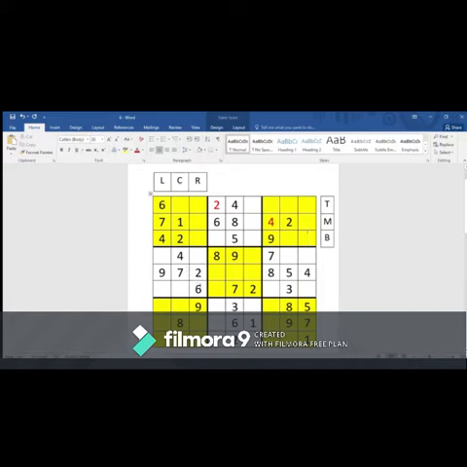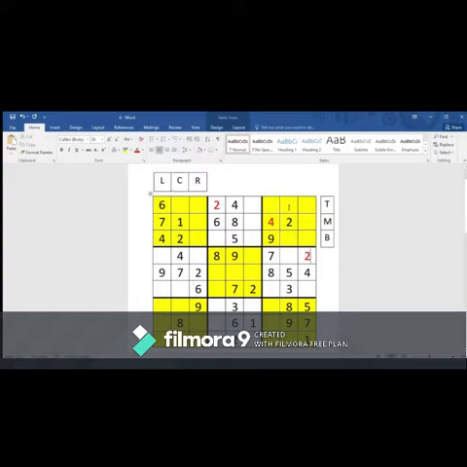Let's go. Number 1, do we have any 1? No. Number 2, yeah, we have a 2 over here and a 2 over here. So this row is completely captured by 2, and this row too is completely captured by 2. So the only place we are left with, guys, is these two places. So we have only one place where 2 can sit. So this is the only place.